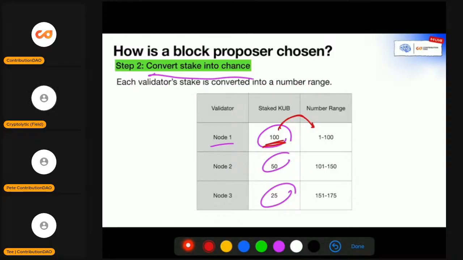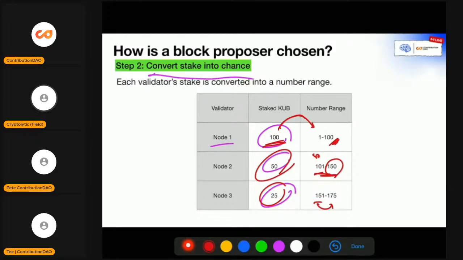After that, node 2 has 50, following 100, so it starts at 101 and needs 50 numbers, running from 101 to 150. The next one is 25. It starts from 151, because the previous one ended at 150, and runs from 151 to